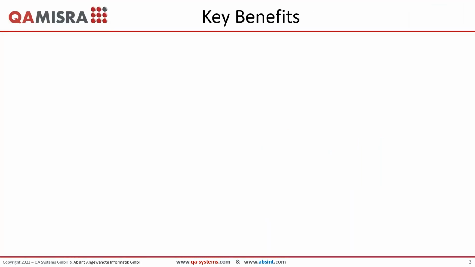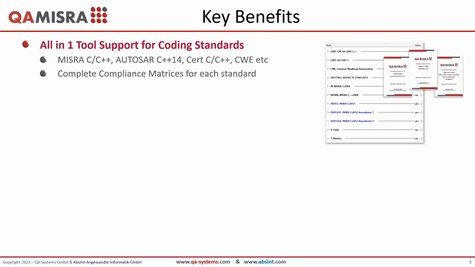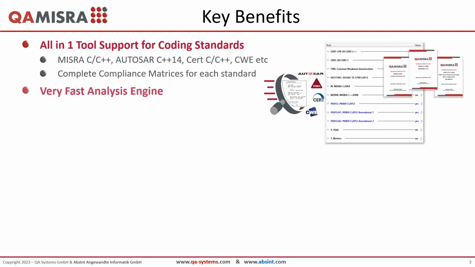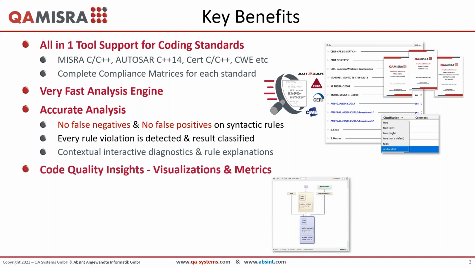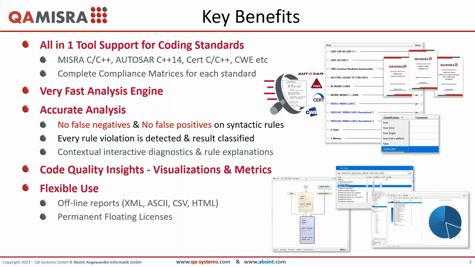The key benefits of QMISRA. QMISRA supports all coding standards you see on the screen right now and many more. It is very quick, as you will see during the demonstration later on. It is precise and avoids wasting time on false positive noise and not understanding alerts. Visualizations and metrics with thresholds provide quality insights and easy to understand reports to support your testing procedures. Unlike other tools, it does not license with the named user subscription only, and reports are accessible offline. And finally, it is fully integrated with Cantata via Eclipse and other complementary tools.